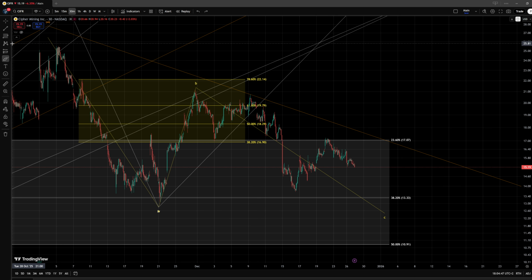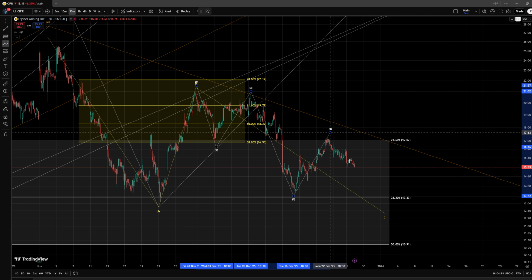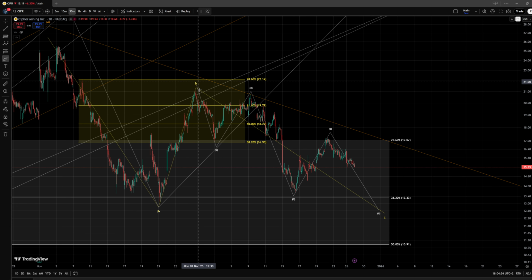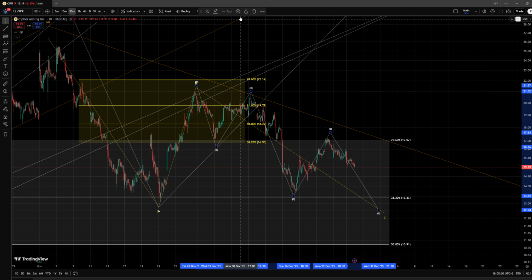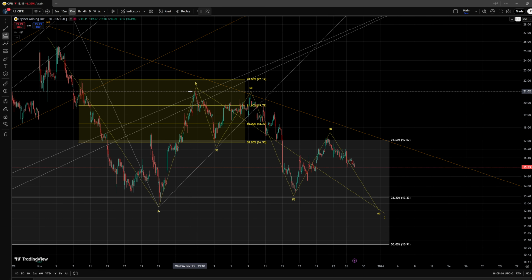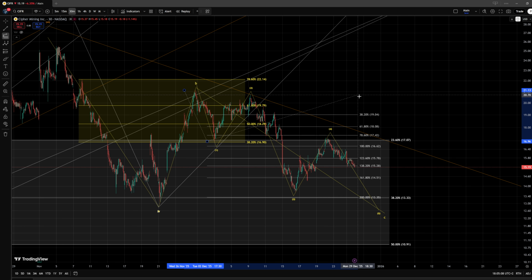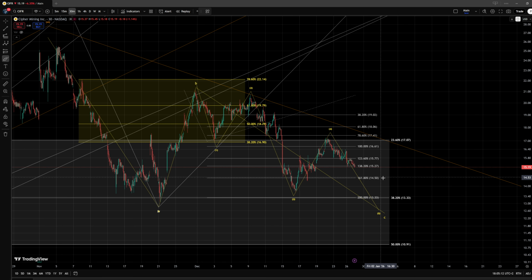Now in this wave C, we are as always looking for a 5-wave structure to the downside, in which case I'm tracking here a wave 1, 2, 3 and 4 complete. I'm looking here for the 5th wave to unfold, and we are looking here at an ending diagonal within this wave C. We can even look here at the extension within the 3rd wave that has formed if we manage to get here to an ideal target, and clearly we even surpassed the 161.8% extension of the wave 1.